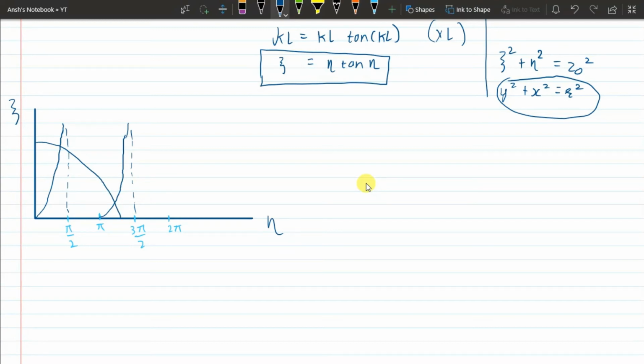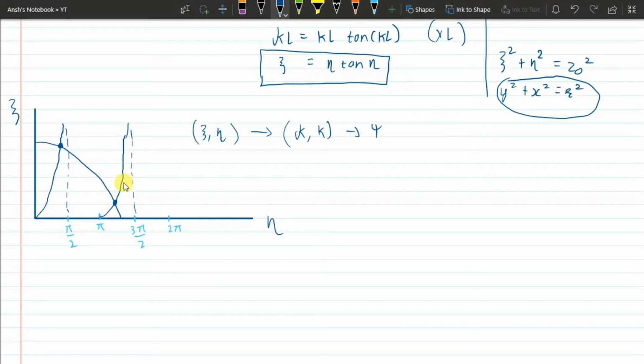Now once we have plotted these two equations, the solution to find eta and xi, xi and eta, sorry, will be the points of intersection right here, this one point and this second point in this case. So these 2 points are the regions where xi and eta satisfy both of our relations, and we find xi and eta this way. So once we have xi and eta, using the relations we have earlier, we can find kappa and k. Once we have kappa and k, we can find the psi.